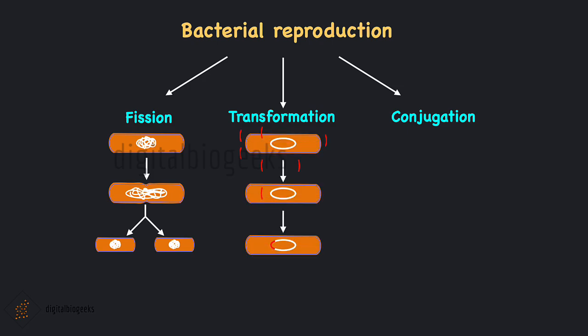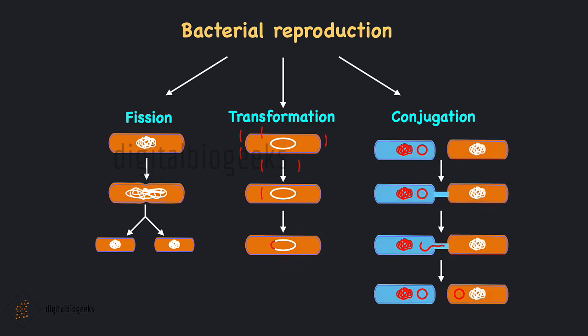Transformation is a process through which DNA from a bacterial cell's environment is introduced into the cell. Here you can see the DNA fragments which will enter into the cell and will get incorporated into the DNA of the host. Now conjugation. Here there are two bacteria where a portion of DNA of one bacterium is transferred to another through forming a tube between their cells. Here you can see this tube and this DNA is transferred in conjugation.